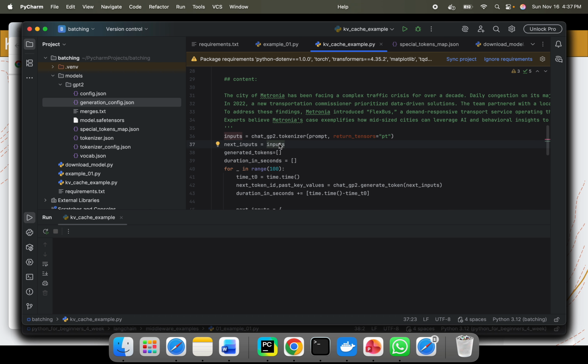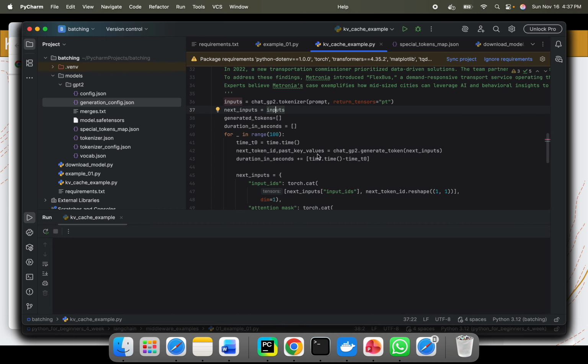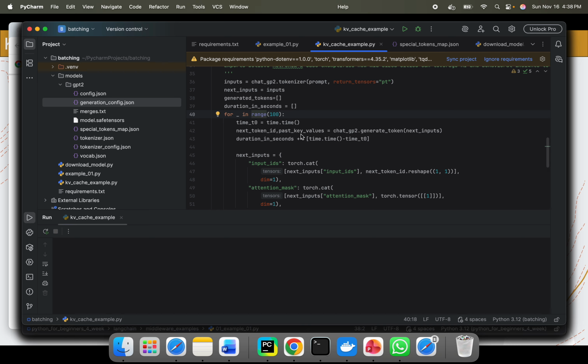For the first time, this tokenization goes as my input to the model. So I'm putting the inputs into the next inputs, and then I'm looping the token generation for the first 100 next tokens. I could have also broken it after, let's say, the end of sentence token or something like that. But I looped it for the next 100 tokens,